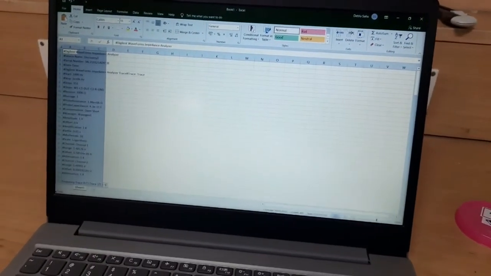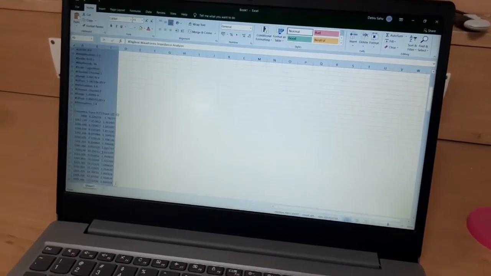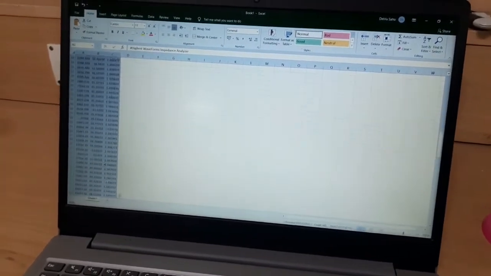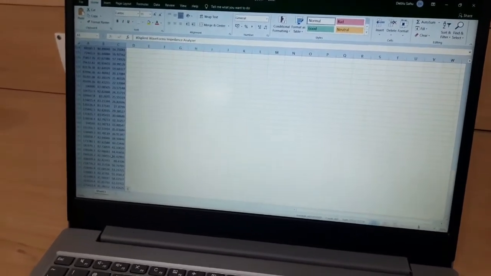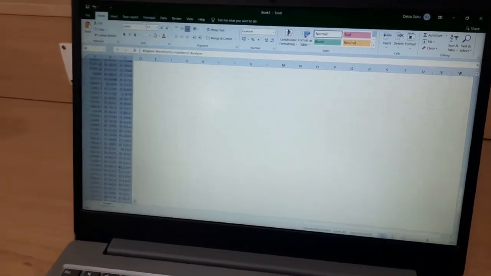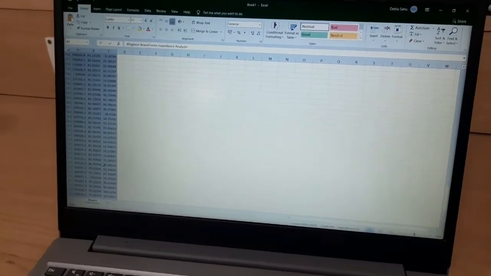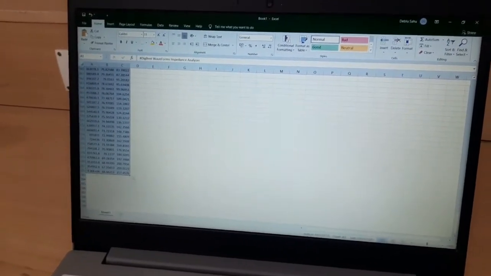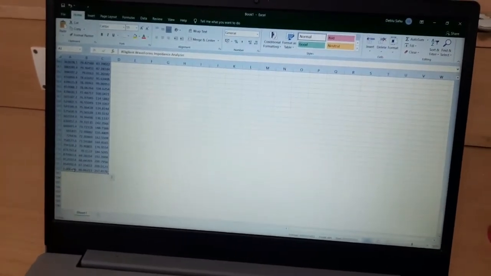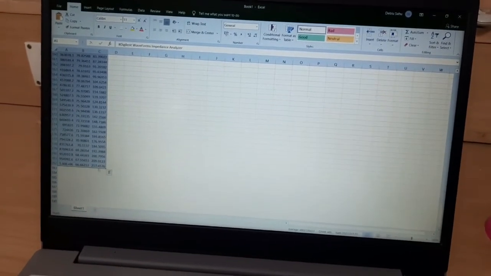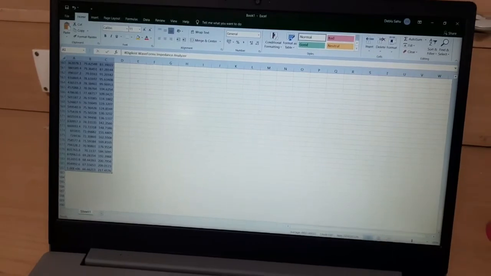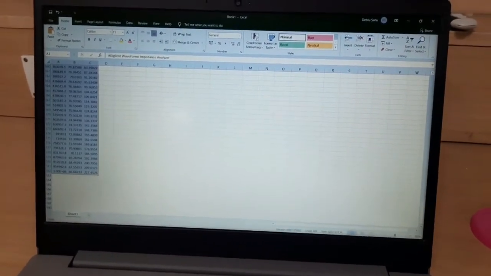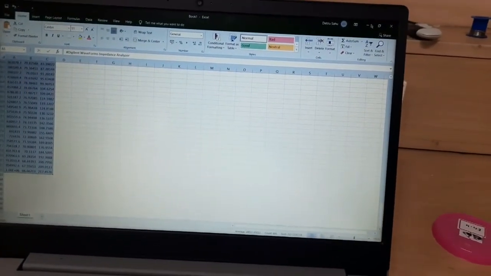You can see the values that were present over there got copied to my Excel, and here we can take the data and plot the graphs. You can verify also. At the last one, that is 1 megahertz, this third column is the impedance, and it comes to 217.45. So you can verify that.